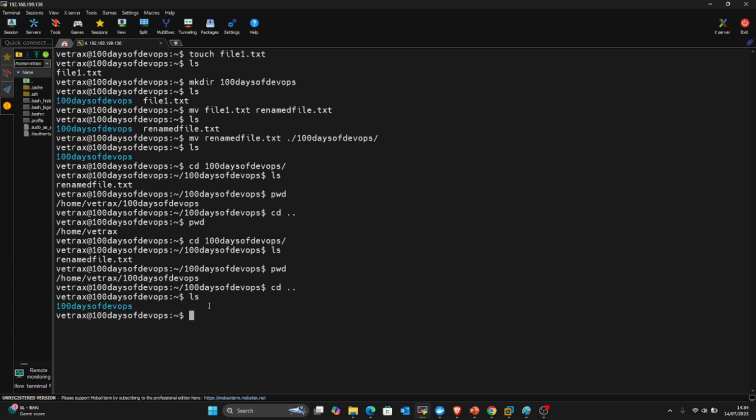ls. So since the 100 days of DevOps folder is in my home directory, I want to start from my home directory. So I do dot and I do /. When you do dot, you must include the / because that / indicates that it's a directory or it's a folder. So that's like the difference between absolute and